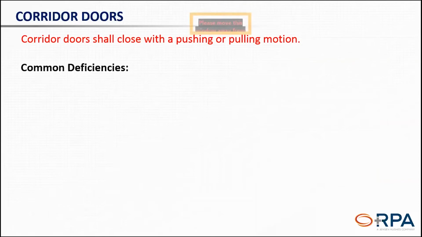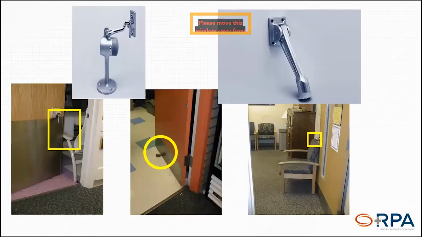Corridor doors, sometimes, so we need to have corridor doors to separate the rooms from the corridor. We need to protect those patients in their rooms. So if we have an emergency or we have a fire starting, we need to close those doors quickly. Those doors shall close with a pushing or a pulling motion. So if we have any kind of wedges or door stops or hold open devices or chairs or anything like that, we want to make sure that those aren't impeding the actual function of pulling the door closed